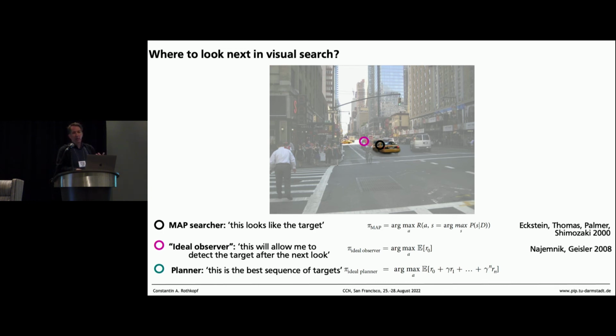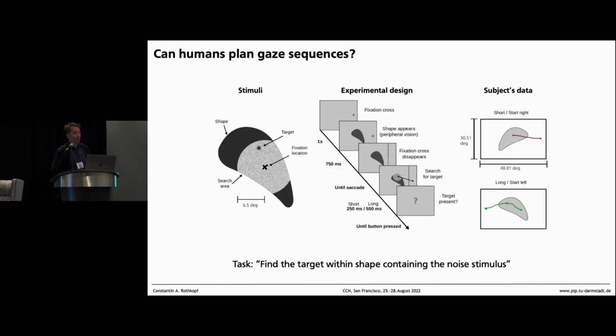Let's try to think about the minimal experiment to carry this home. All right, so here's this funny irregular shape. And what we'll have is a target, and subjects are instructed to find the target. We'll do this in a gaze-contingent way, so we will only show a limited area around your fixation point. And then we'll restrict our participants to be able to do either one single eye movement or two eye movements.